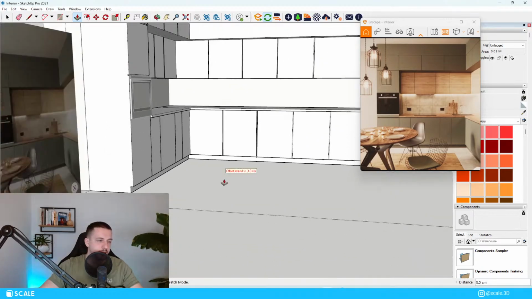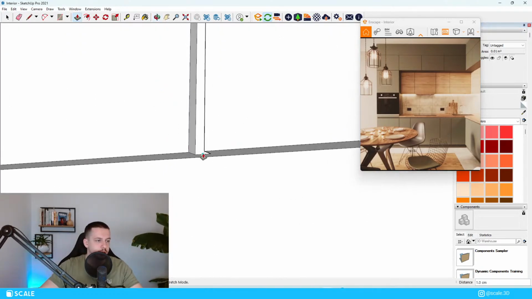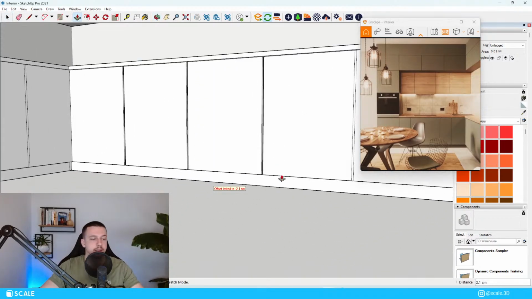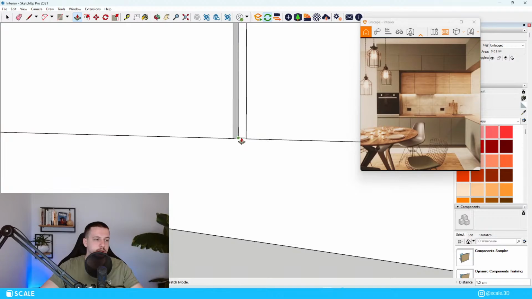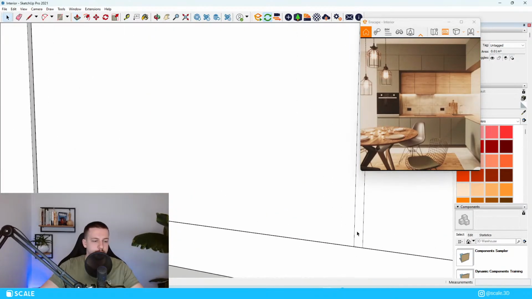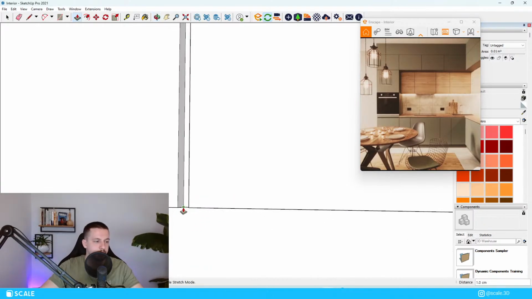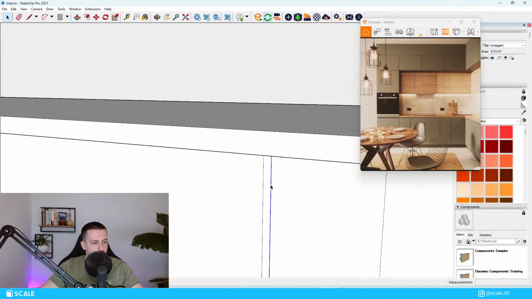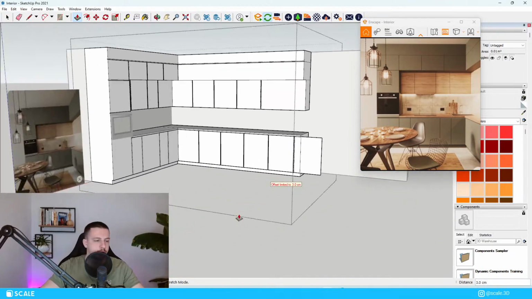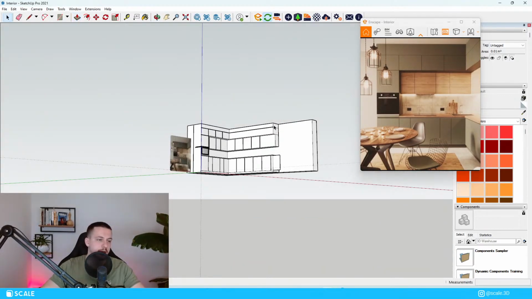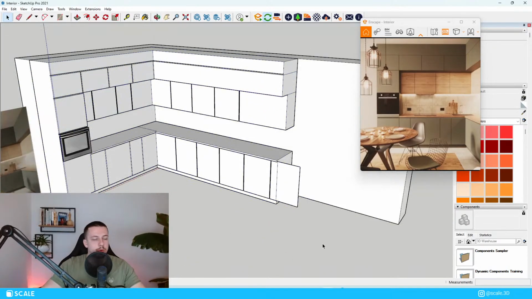What do you think is the biggest challenge when rendering? Do you think materials are hard to get right? Do you think the lighting is the challenge in the rendering? Or do you think the composition? Just let me know what you struggle with the most in rendering, because I myself definitely believe that one of the biggest struggles, or the hardest part to get right in rendering, is the lighting, because with the materials,